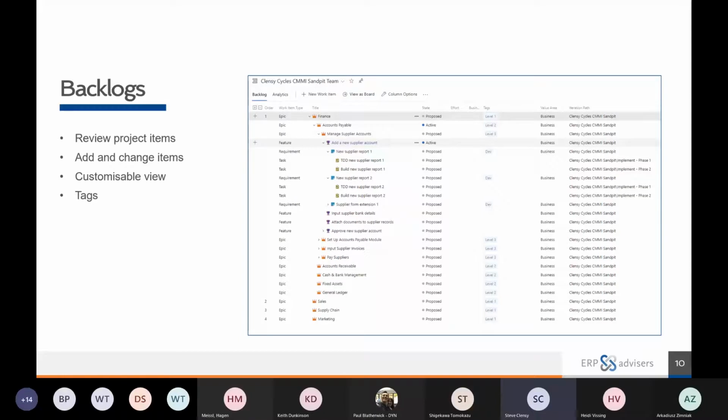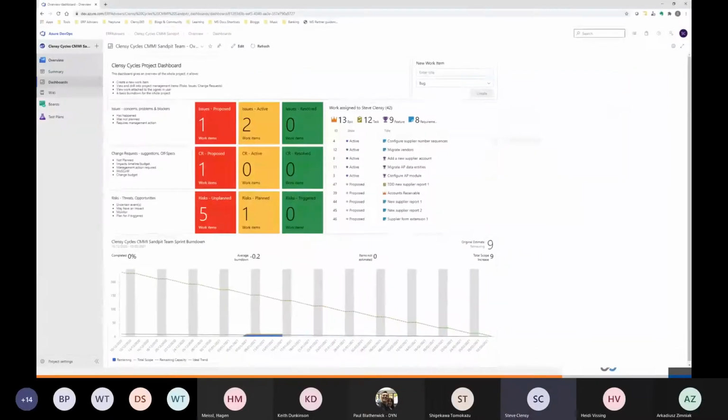It's really, really easy, again, and intuitive to review, update, and add to the project backlog. And there's lots of functionality in DevOps so that you can filter what it is that you're looking at. And while I am here, I'm feeling confident, I'll try and show you that. So I've actually just flipped over into DevOps itself, into our sandpit, so you can see the dashboard there that I've just been talking about. If I go into backlogs,